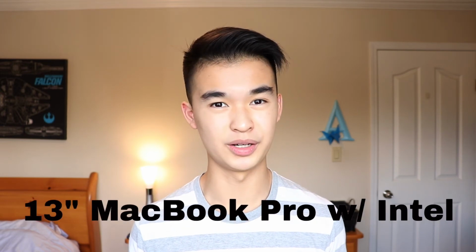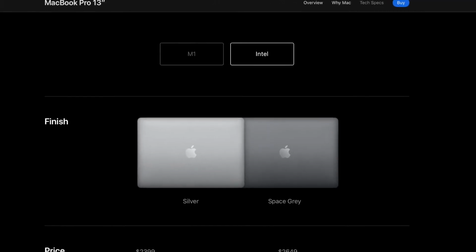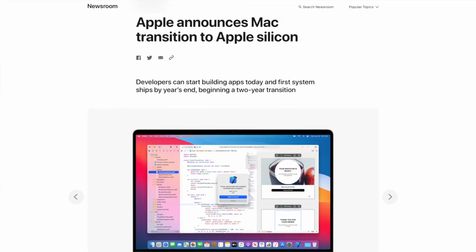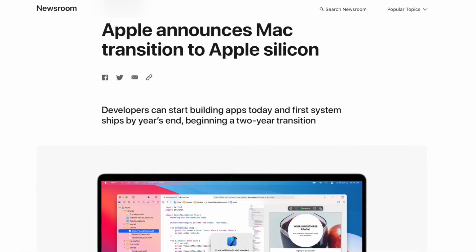Next up in the price bracket is the 13-inch MacBook Pro, but with Intel. And for this laptop, I'm gonna have to do some explaining. For those who aren't aware, this MacBook Pro differs from the previous MacBooks that I've covered because it uses Intel's processors, not Apple's own chips. For most people, unless your schoolwork requires something with an Intel chip, a MacBook with Apple Silicon inside is a